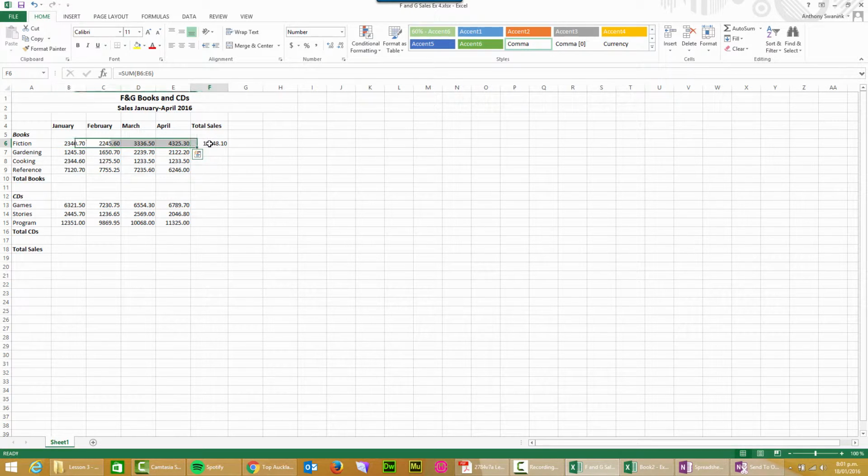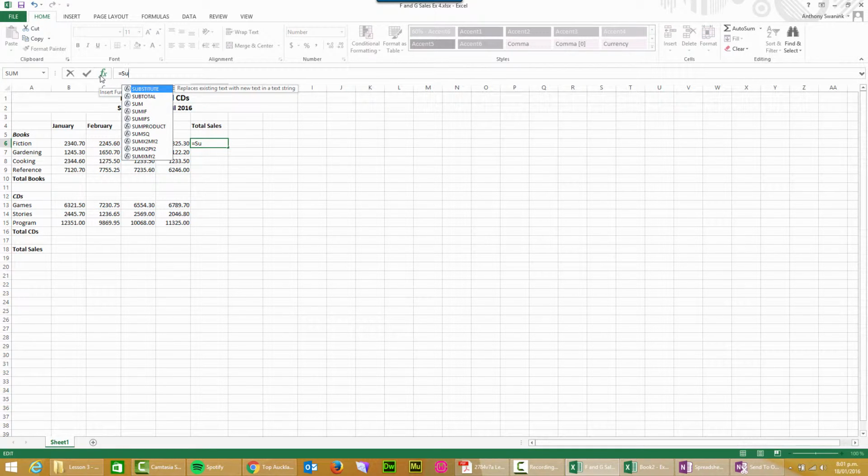Now that's one way of getting that formula in there. Okay, we once again could type it in. Now there is a quicker way, and one slight shortcut is to type equals sum. Again, that's not the shortcut part obviously, and you can highlight the region that you want to put after the open bracket. So notice that if I hold down the left hand mouse key having clicked in B6 and drag across to the right there,